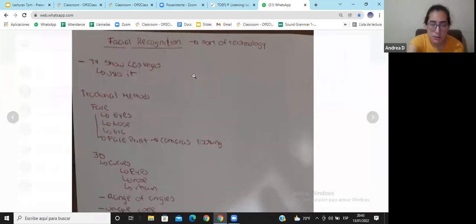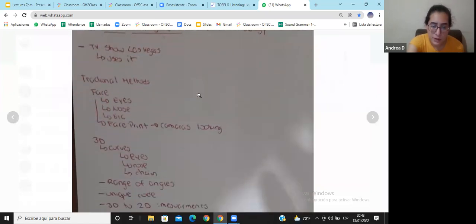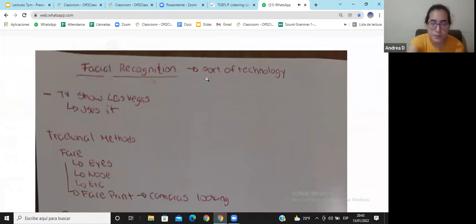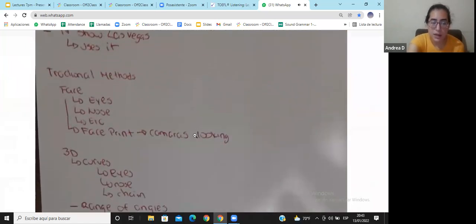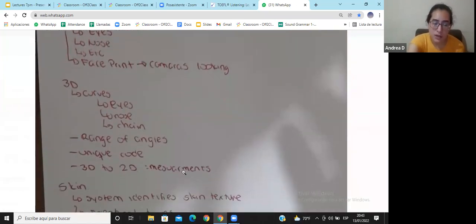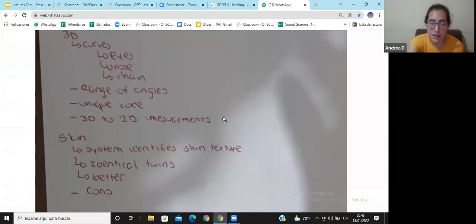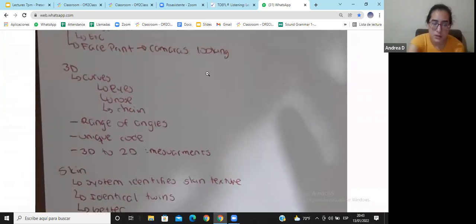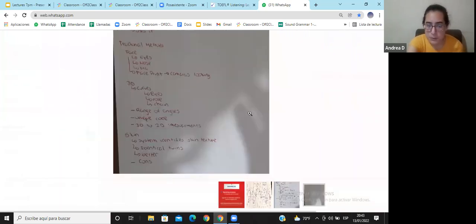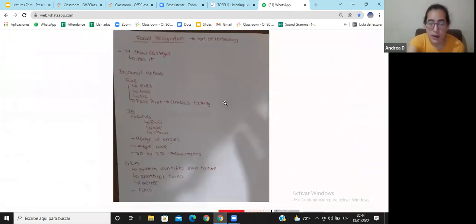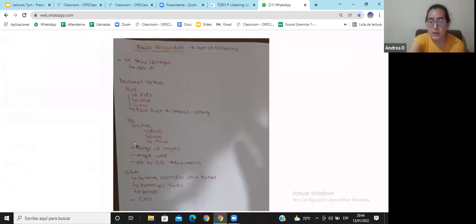And here we have another one. Okay, this is great as well. I like that it's very visual. So you have the example, and then you have the traditional method, good, the 2D one, an explanation, the 3D, and the skin biometric. I really like this one, the bullet points as well. Identical. Okay, that's perfect. So I like the fact that you were able to classify that information and separate it in your paper.